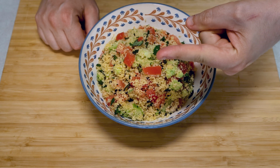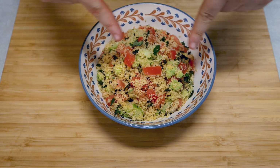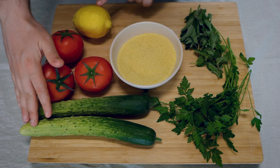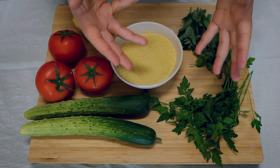See, if you talk about tabouleh in France, most people are not going to think about the Lebanese tabouleh. No, they will think about this. The French tabouleh is a fluffy couscous with lots of crunchy veggies and gentle herbs. There are plenty of variations for this salad, but we'll do a simple one today that captures all the great